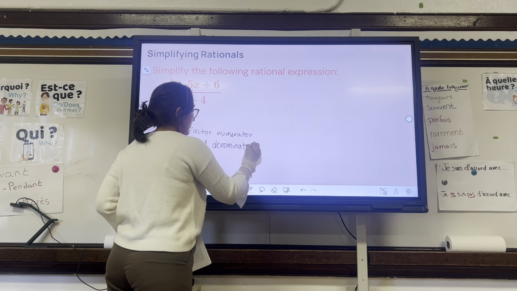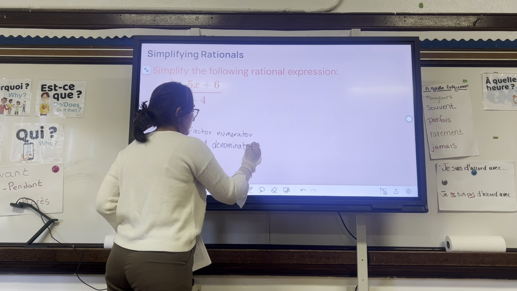On the bottom, we're going to use difference of squares. So this becomes the factors of 6 are 1 and 6, 2 and 3. 2 and 3 adds up to 5. So it's going to be x plus 2, x plus 3,